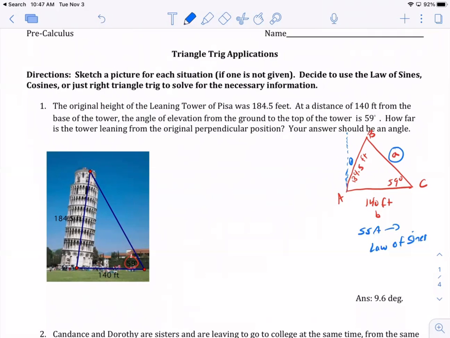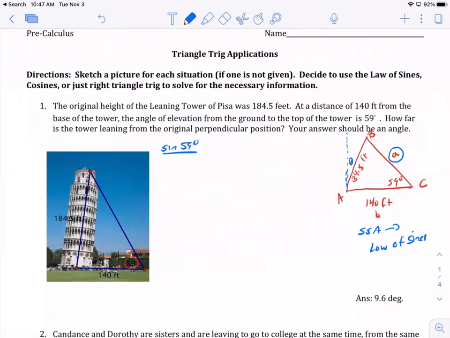Okay. So which angle can we find right now using law of sines? B. We can find B, right? Because we know 140 feet, we can find the angle opposite it. We don't really want to know B, we really want to know angle A, but we'll have to do it step by step. So let's set up, what's our proportion to solve for the measure of angle B? Isn't it angle C over little c and then? Yep, so sine of 59 over,